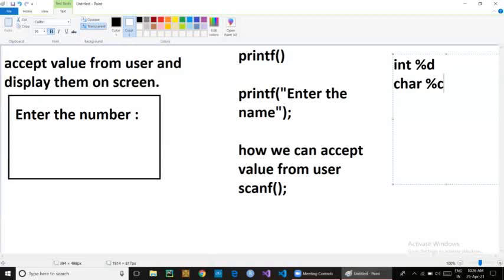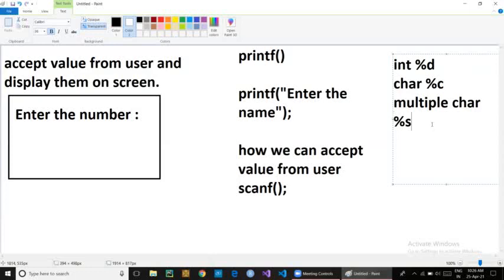If you want to store your name or a sentence, then it contains multiple characters, so you have to use %s and declare the size of that sentence after the declaration of the variable name. For multiple characters you should use %s.